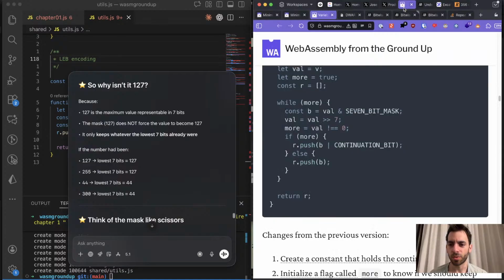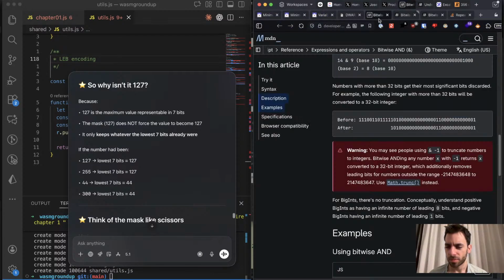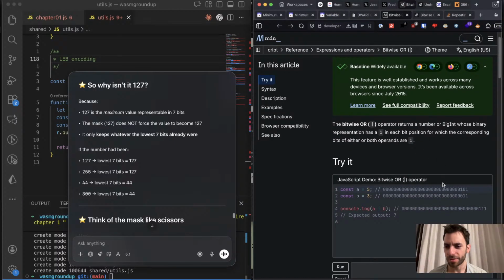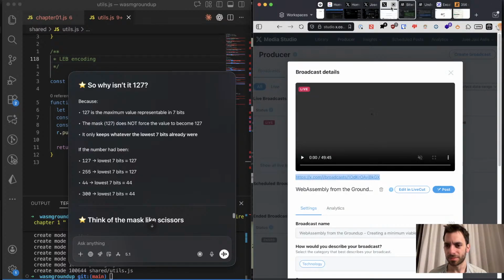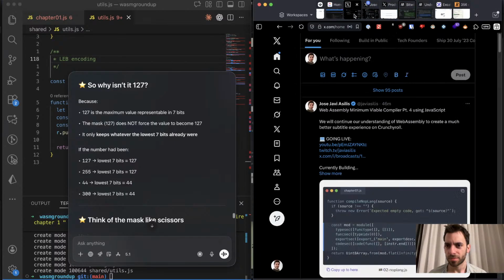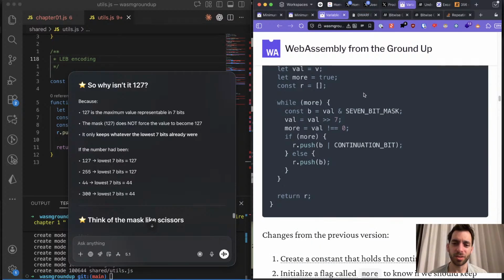And the reason why we come here and we use the OR binary operator, this bitwise OR operator, is that we are extracting. Think about this. We are extracting. Wow, this is one of the things that you really have to think about. In here we use it because we are extracting